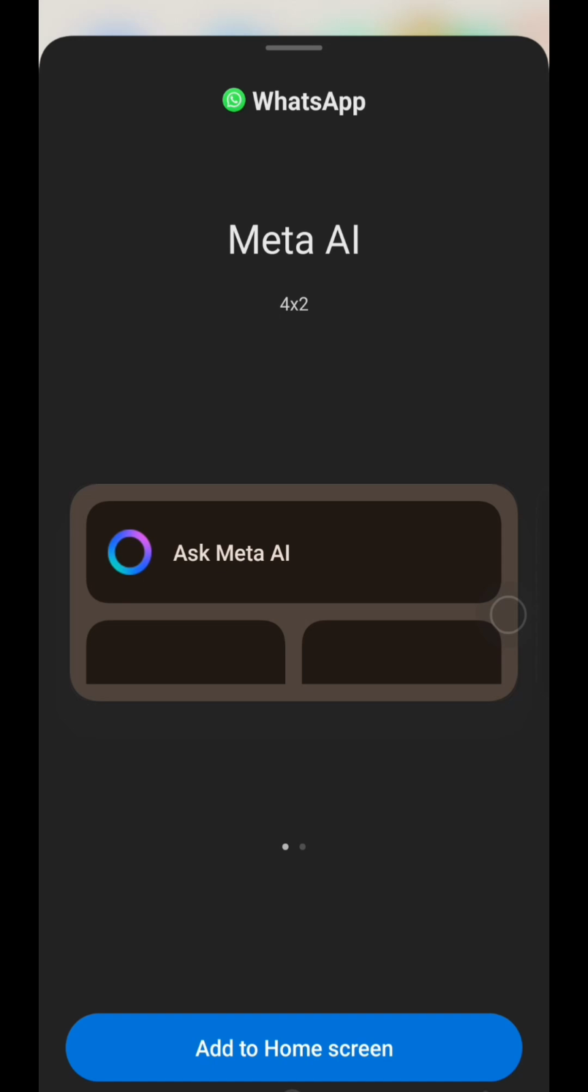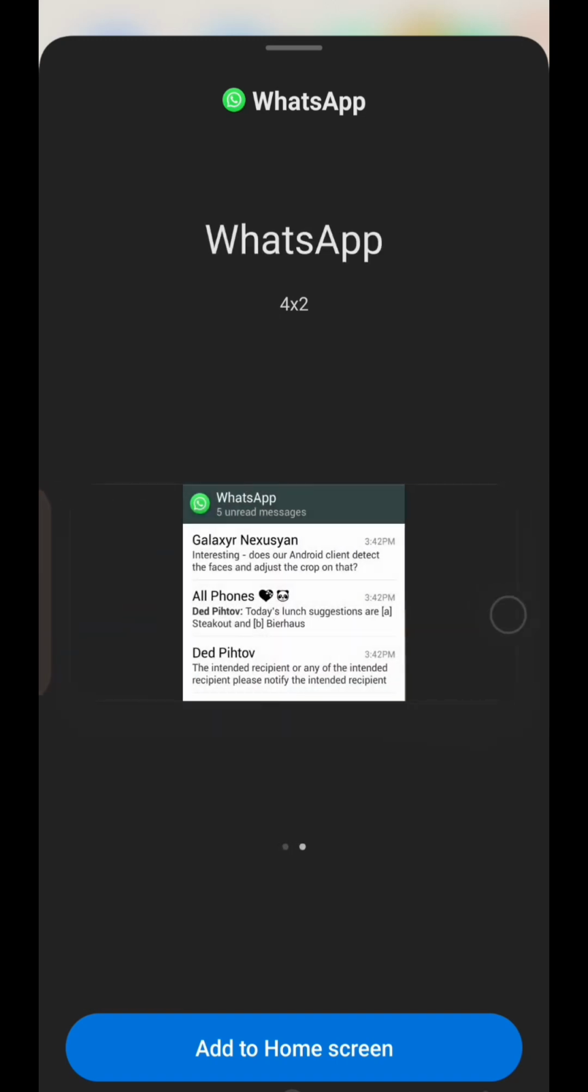Once you tap widgets, WhatsApp will give you a few widget options. Depending on your version, you might see one for Meta AI and another for WhatsApp chats like this. And for this tutorial, we're choosing the chat widget because we want to see messages directly from the home screen. So just tap and hold the WhatsApp chat widget. Just tap on add to home screen like this,